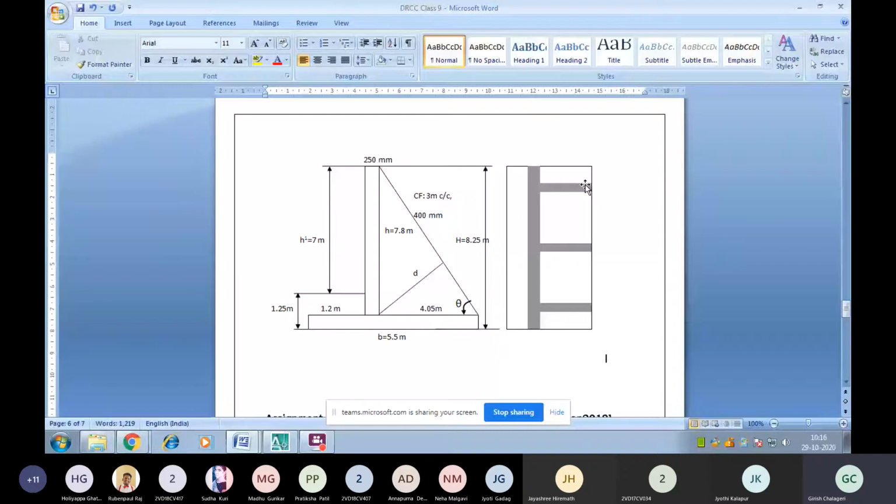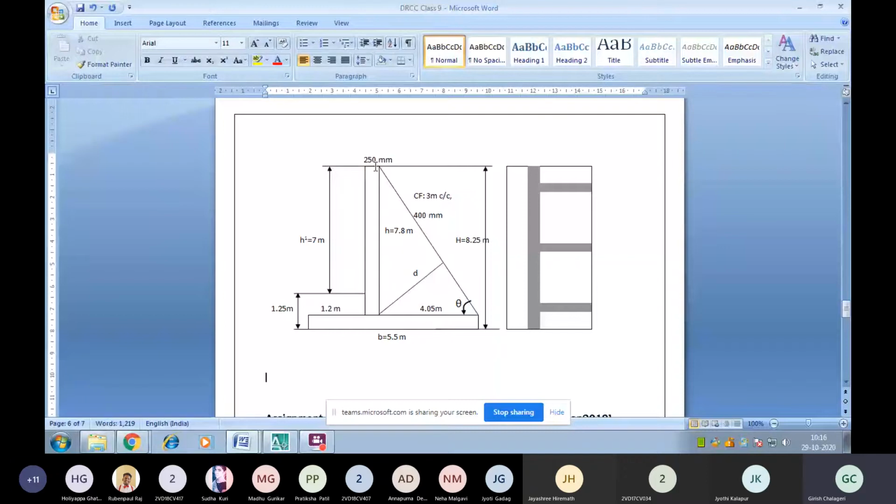That is the clear span between these. I am getting 2.6 meters. The thickness of the stem is assumed as 250. Since we are designing it as a slab, we are taking only a similar thickness towards the length, that is 250. Then the width of the base slab, that is 5.5, is also designed by the formula 0.6 to 0.7 times the total height. We got 5 point something in the range, so we are providing 5.5.